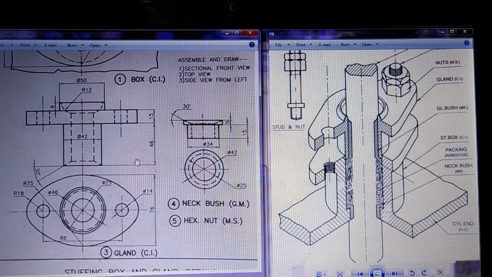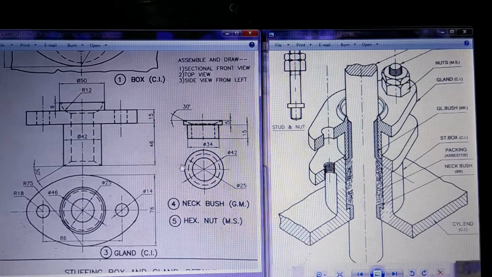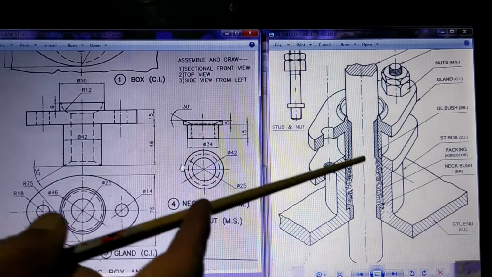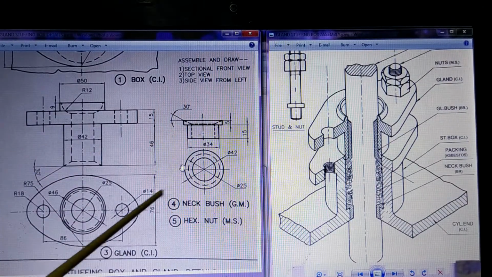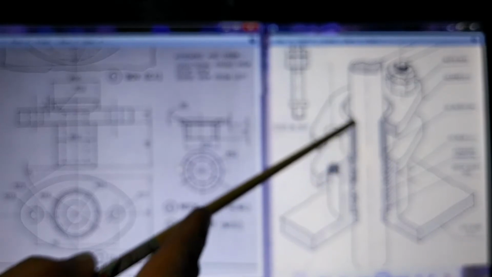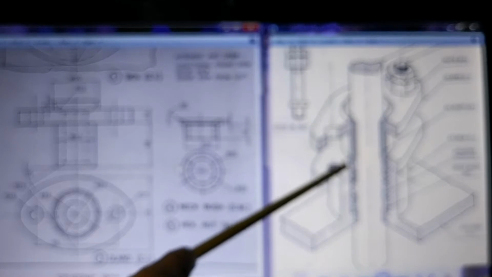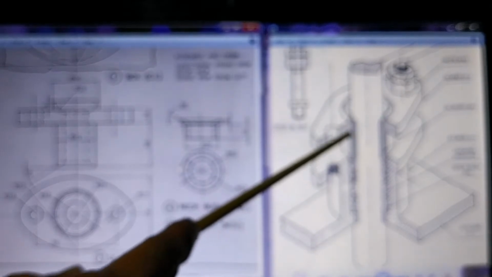In fact, what is shown here is not exactly for the same figure. So certain things are not matching. In fact, this is not an exact answer of this particular drawing. It is only showing how the gland and stuffing box works. Now what is the difference between this and this? Here in the gland there is a separate bush. Whereas here, the shape of the gland itself is such that a taper shape is given. You can see here inside there is a taper shape given. That means this bush and this, these two are combined here in this part.